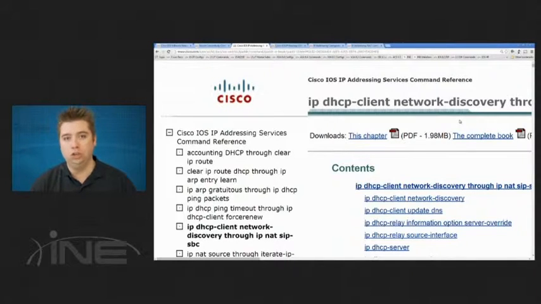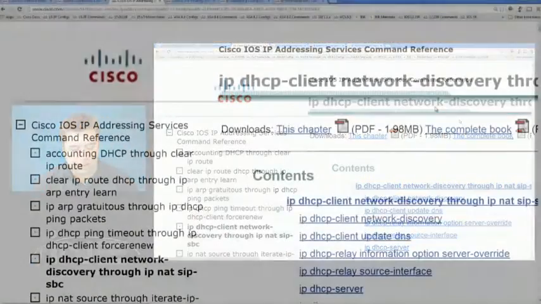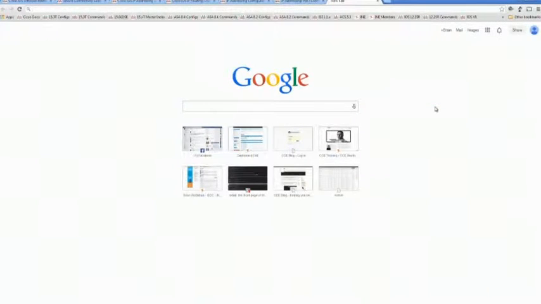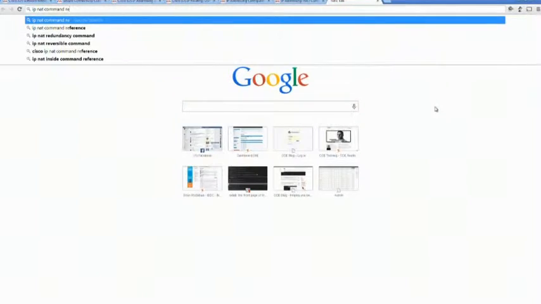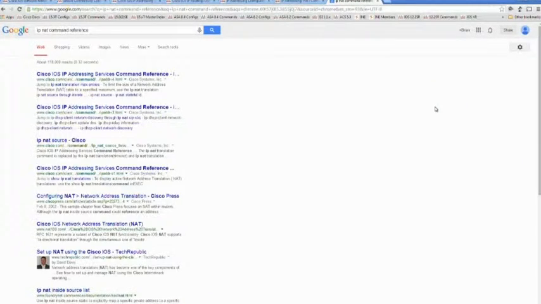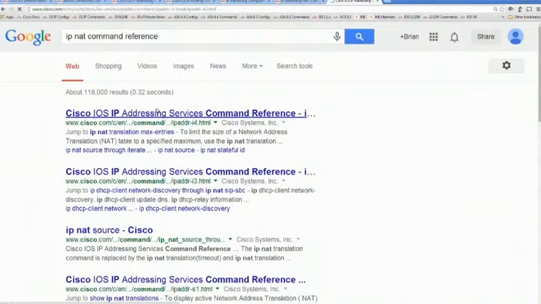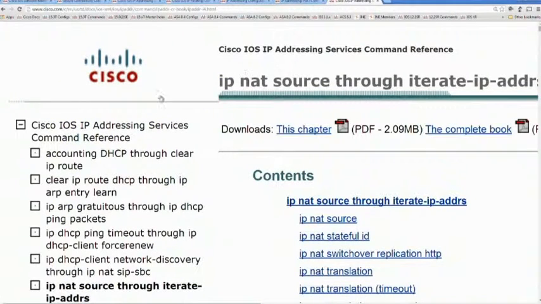Try not to use your regular search engine, Google or Bing, whatever, in order to find these documents, because you can find them obviously by typing the whole name in. If you say like IPNAT command reference, it's probably going to take you right to whatever that particular hit is, right to where we were before, but that doesn't really save you any time in the long run,